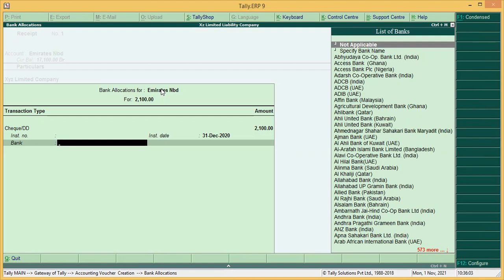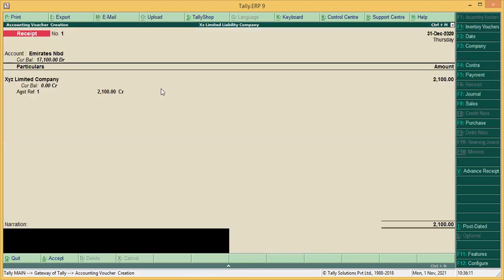Say you have the account in Emirates NBD, and you are receiving the check from First Abu Dhabi Bank. All these records you can have here, but it's optional. Here you can also put details, say check number 123 received from customer.